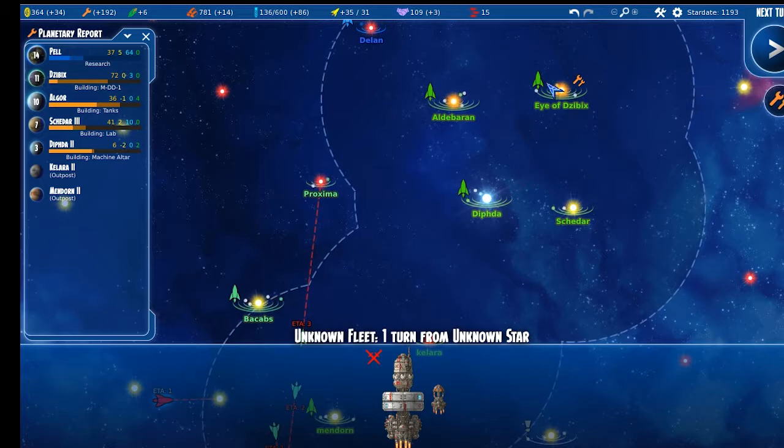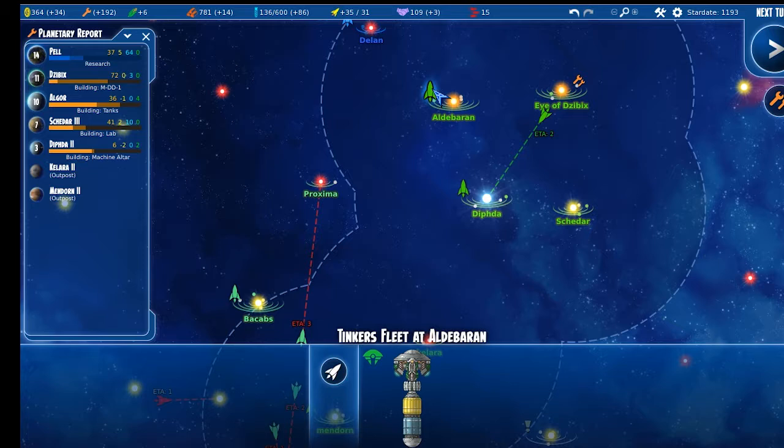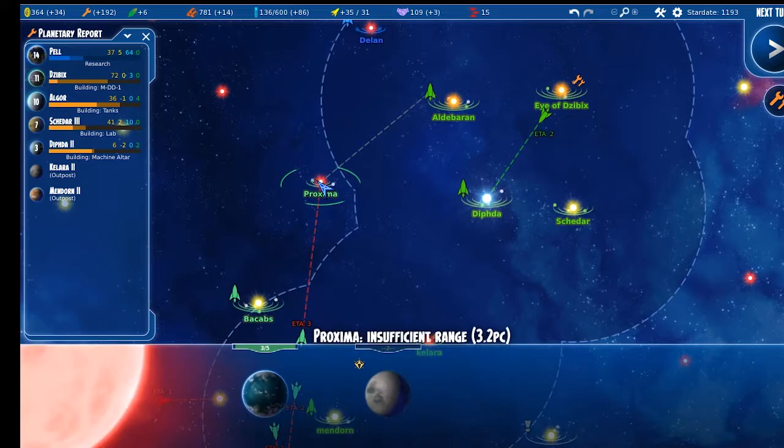Okay, construction at Dizzy. Okay, we got another ship. We got another MDD. Get him to gather. Alright, my transporter ride. I don't think Aldebaran was able to build a tank yet. Still got a couple of turns away from the tank. But how far is that from...